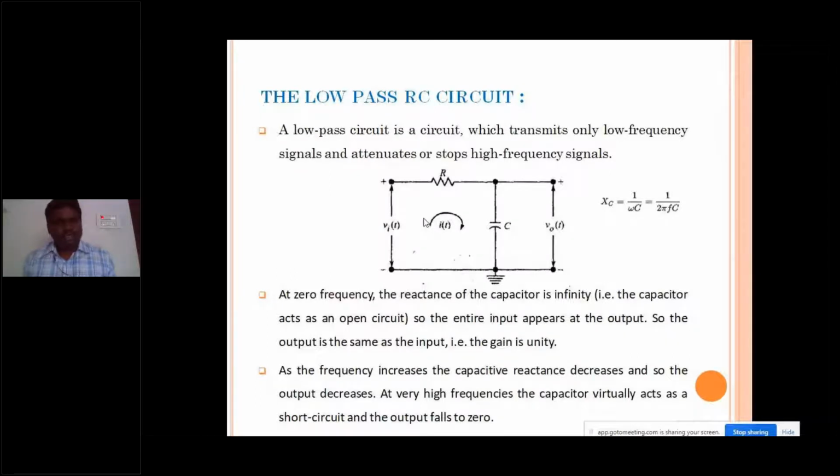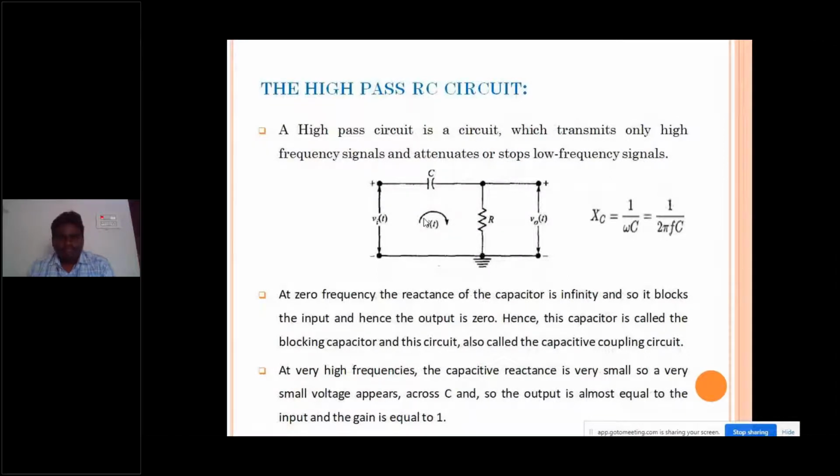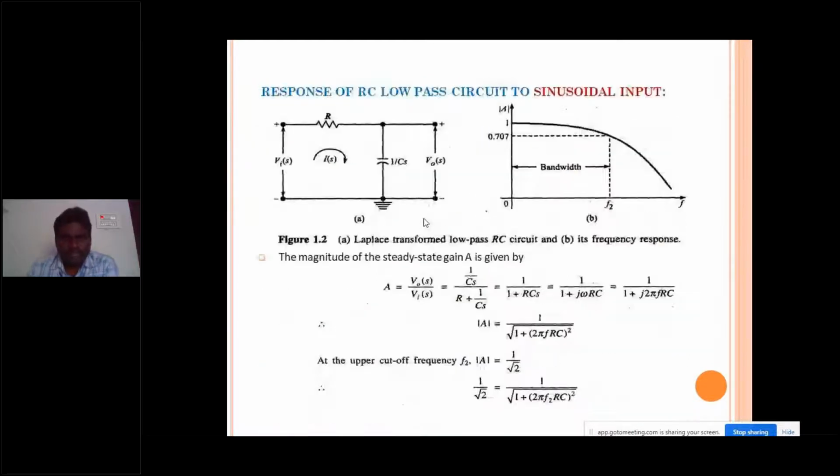Now to this particular linear network, I'm applying different non-sinusoidal signals as the inputs, and we need to see what are the outputs that we are going to obtain after applying the non-sinusoidal inputs to this linear network. First, let us see what will happen if you apply a sinusoidal signal to a linear network. The shape is going to be the same both in the input and output. There may be changes in the amplitude, but there is no change in the shape of the output if you are applying a sinusoidal signal.